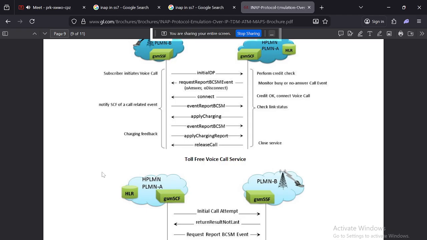So INAP stands for Intelligent Network Application Part. It's an application layer signaling protocol. It's a key component of Signaling System 7. INAP enables a telecommunication network that provides